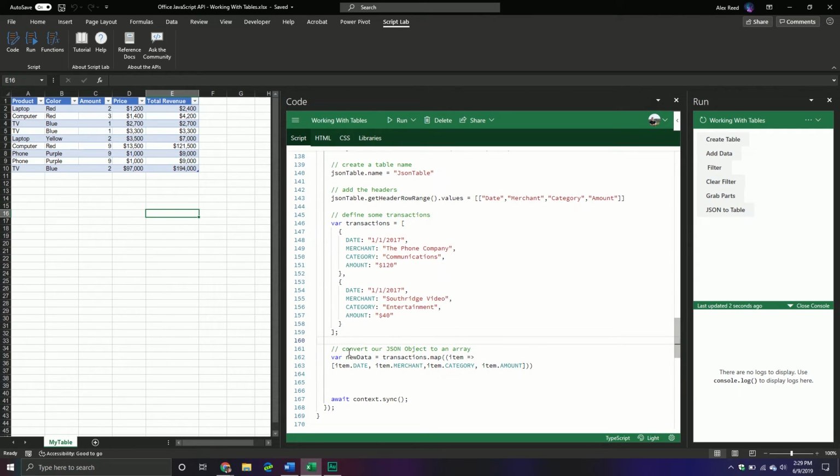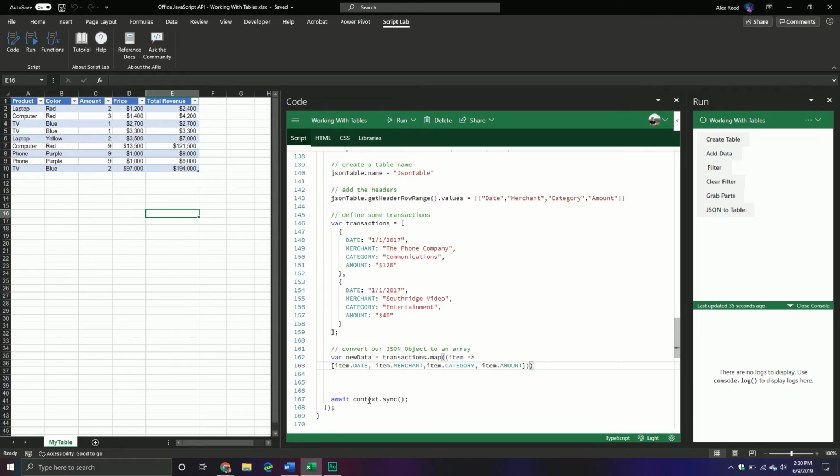Okay. So we call our JSON data. We call the map method. This either can take a function or you can do different things. There's one in Python as well. Basically, you define a function that you want to apply to each item in your object. And in this case, all I'm doing is saying, hey, for each item, simply parse it and store it in an array where the first element is the date, the second one is merchant, third is category, and fourth is amount. And once you've done that,